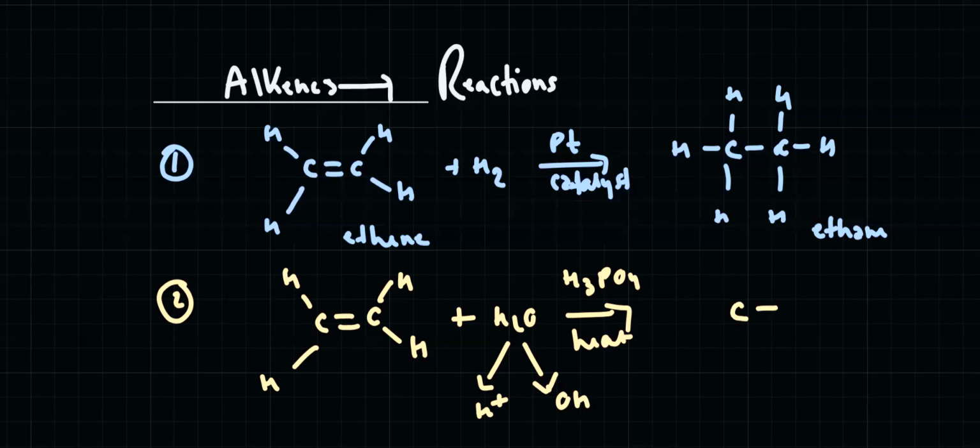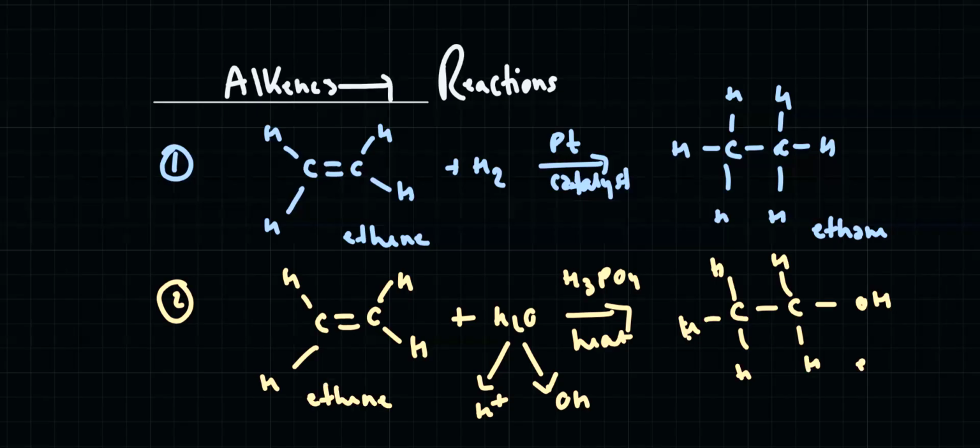So here, this is symmetrical. I don't have to really waste my energy thinking where it will go. I can just put the hydrogen and hydroxide anywhere I want. So this is basically your alcohol. So you had ethene and you created ethanol. Great. Okay, now the next part is your